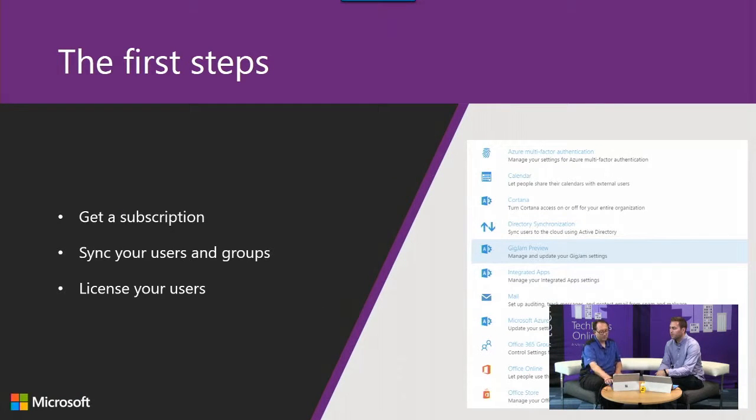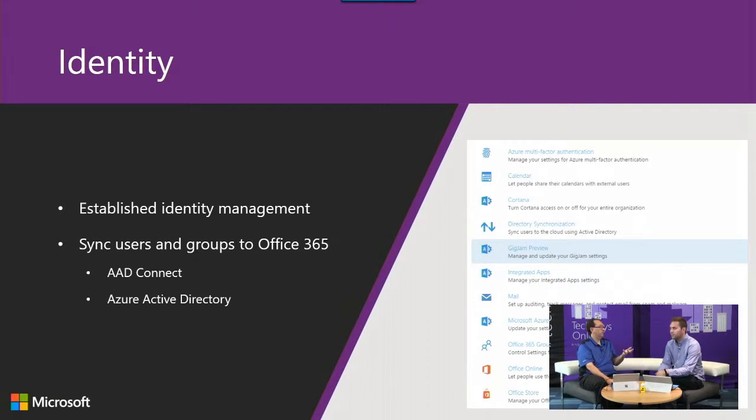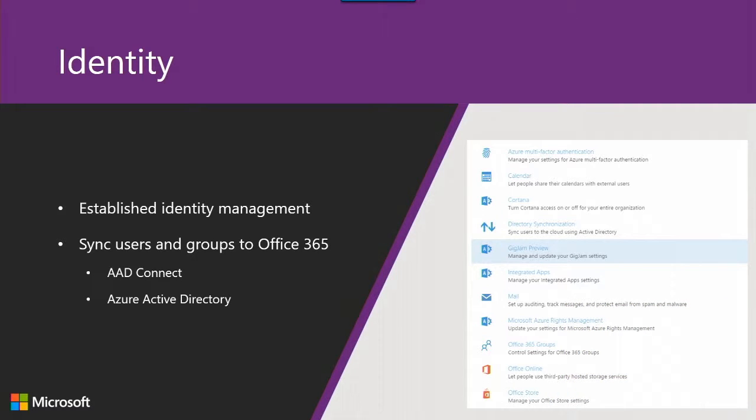Okay. So, as I said here, you've got this established identity management. You use AAD Connect to put them in there, and that's your users synced. What you then need to do is license them. Okay. So you've got to license your users, and with Office 365 for Education, you get a number of licenses for free. Right. So you get Office 365 Education for faculty and Office 365 Education for students. Faculty being the staff. Faculty teachers being staff, yeah. Obviously, it's the American word for staff. So that means you can bring those people into there and license them up for what they want.